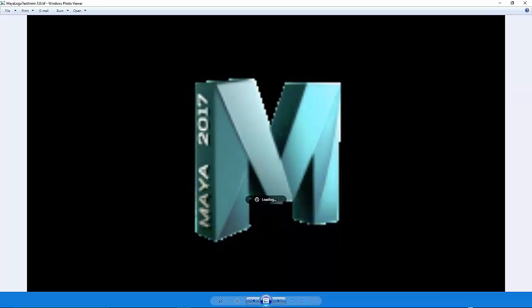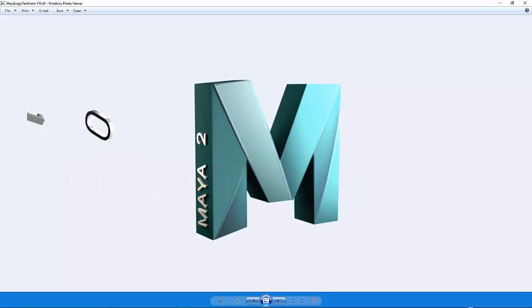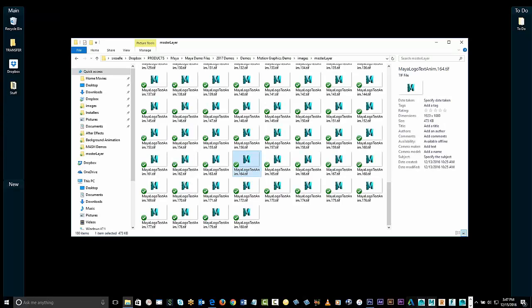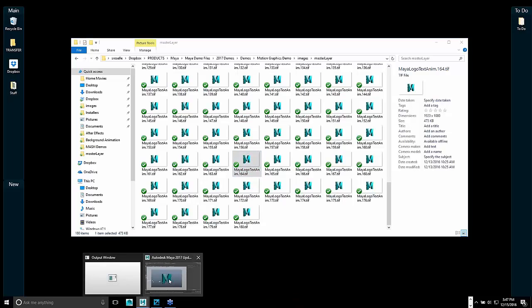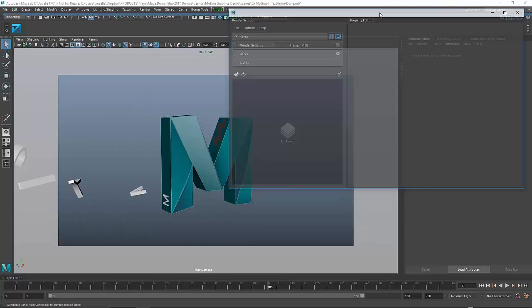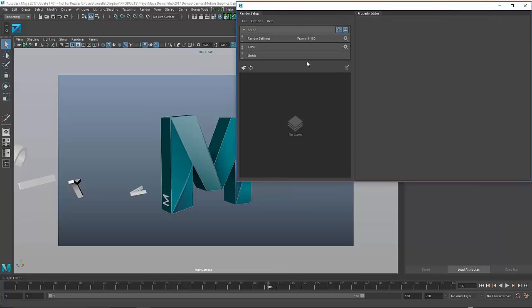And if I kind of thumb through these images, you can see it's the logo itself with the transparency effect, and then it's the text that's been animated on. All that gets rendered together. Oftentimes you of course want to break this up into layers that can be composited and then also tweaked in the compositor. The way you do that is you essentially create what are called render layers, or layers within what's called